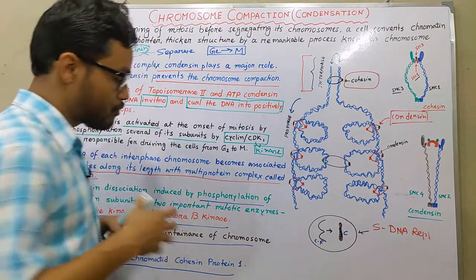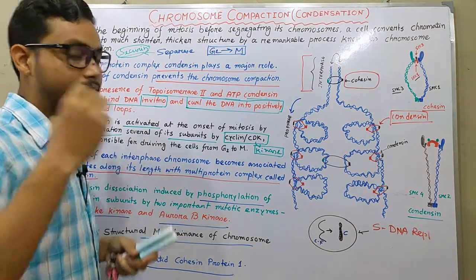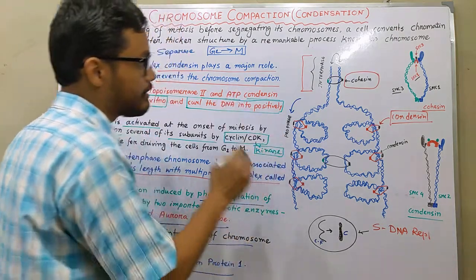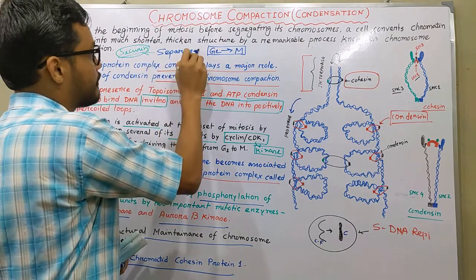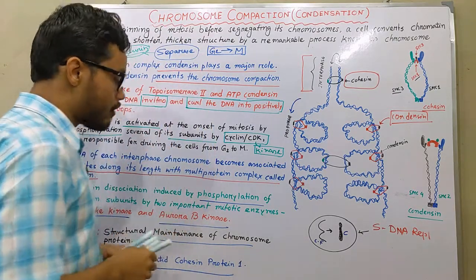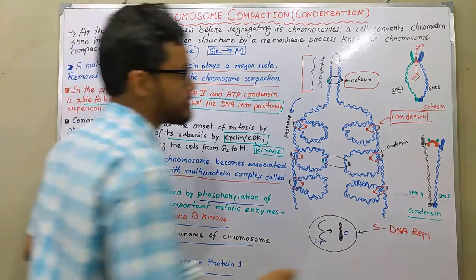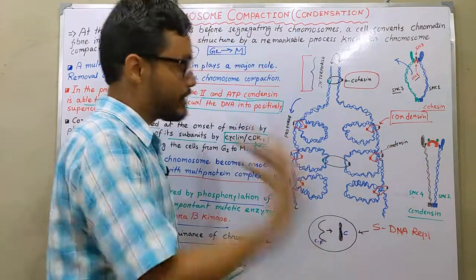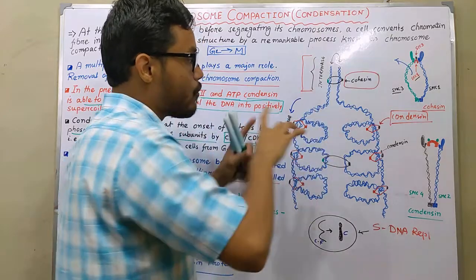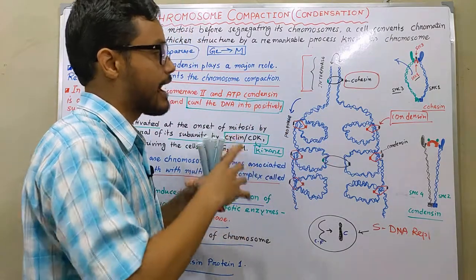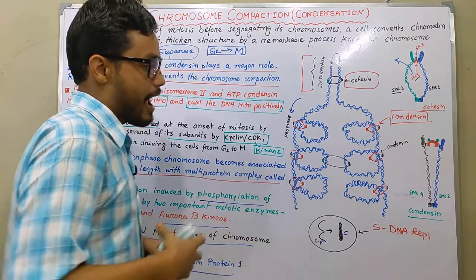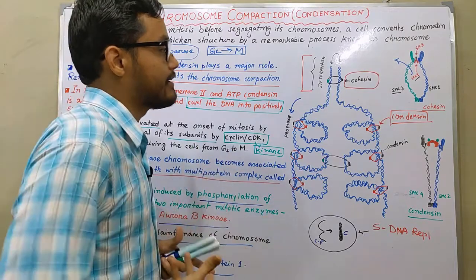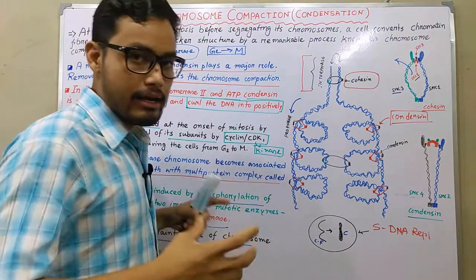So aurora B kinase and polo-like kinase play a crucial role in the anaphase transition where sister chromatids are separated. So here securin is stopped by the activity of separase, and polo-like kinase and aurora B kinase are activated and dissociate SCCs from SMCs of the cohesin molecule. Thereby they open the whole complex and the sister chromatids separate, and by the pulling force of the microtubules from the centrosomes, in this phase the two sister chromatids are separated.